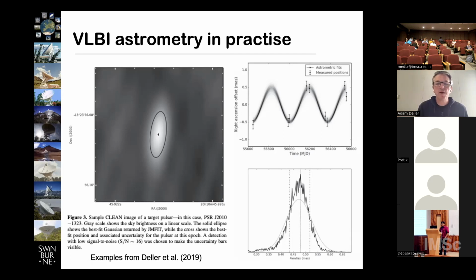What's being plotted here are the residuals after subtracting off the best fit reference position and the best fit proper motion, just really to highlight the parallax, because that's often the thing that we're most interested in. And then what's shown in the grayscale is a bunch of bootstrap trial fits to what the parallax might be. And from that, we can infer, as shown down the bottom right, what the parallax is of the source, and from that, what its distance is, which is what we are really caring about in this instance.